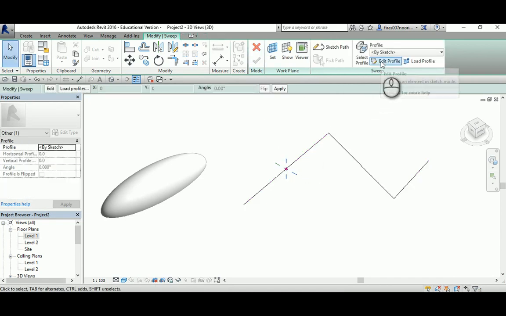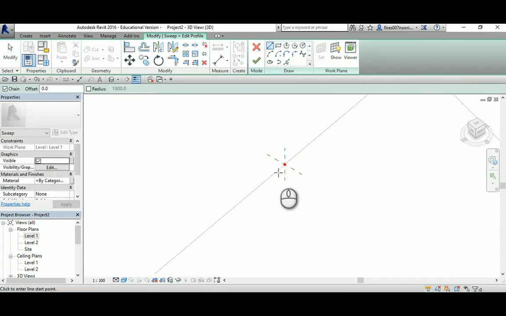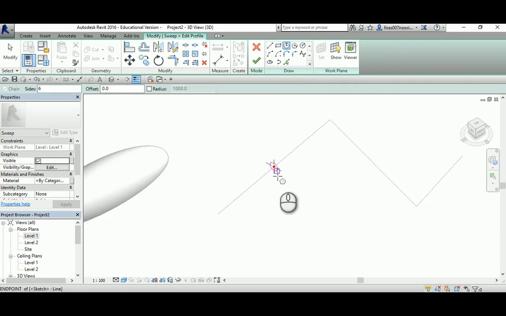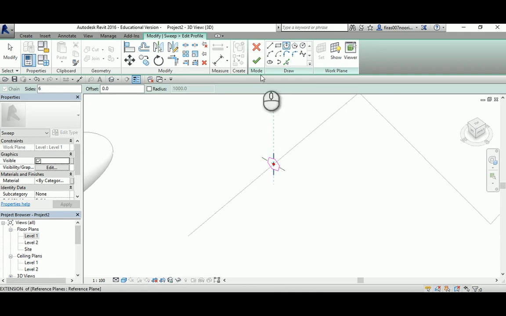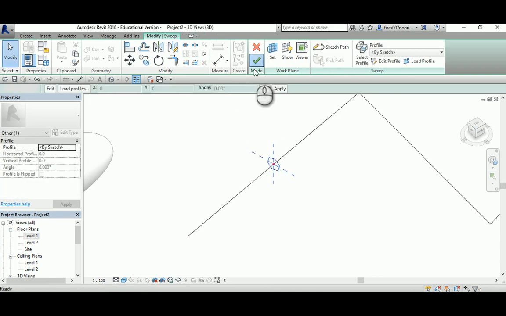Go to edit profile, and here you can zoom in and you can just create a small shape. Don't go very big because it's gonna collapse if it overlaps with itself, so make sure this is small enough, and then finish this. See,